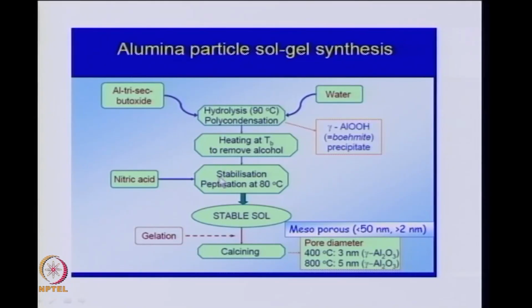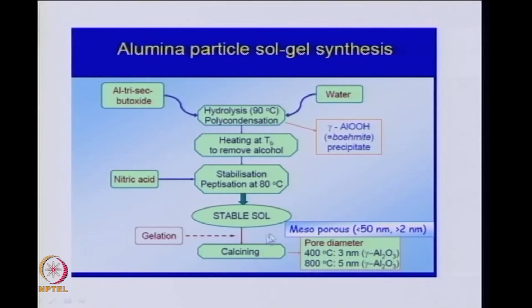You add some nitric acid to maintain stabilization, and then you heat it at 80 degrees for the peptizing action to take place, which will give you a stable sol. And then after gelation, you calcine them and you get mesoporous particles of between 2 to 50 nanometers, and typically